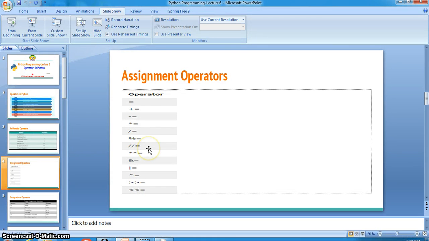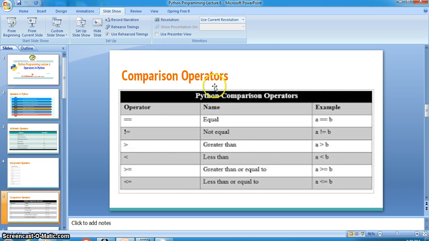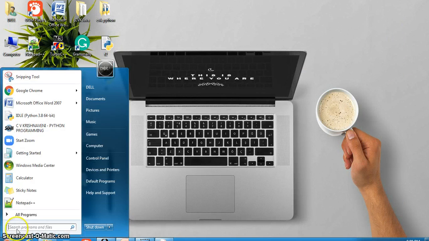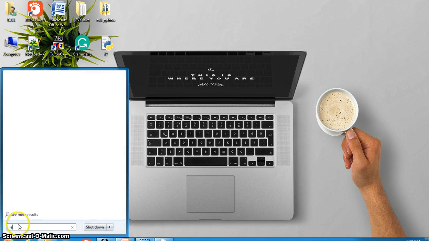Let me explain other type of operator, which is comparison operator. So equal to, two equal to you should use here, not equal to, greater than, less than, greater than or equal to, less than or equal to. So let me explain you. In Python shell, ideally,